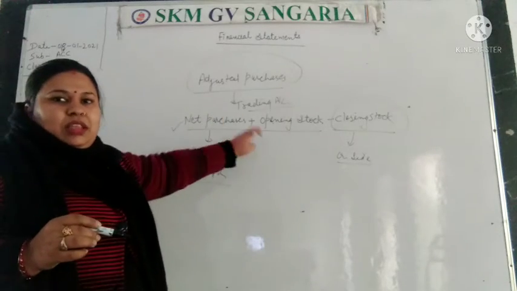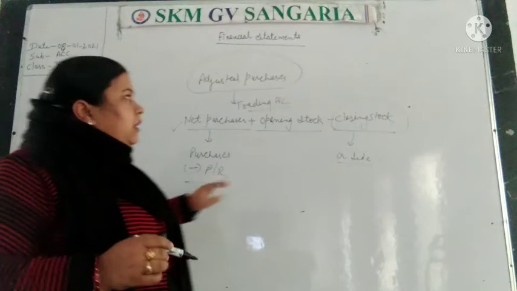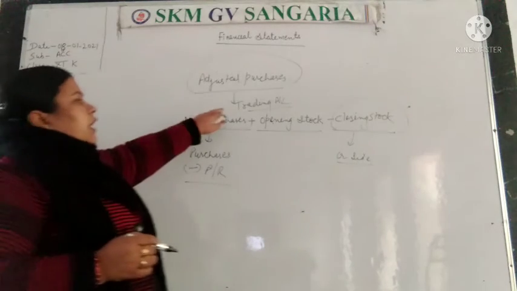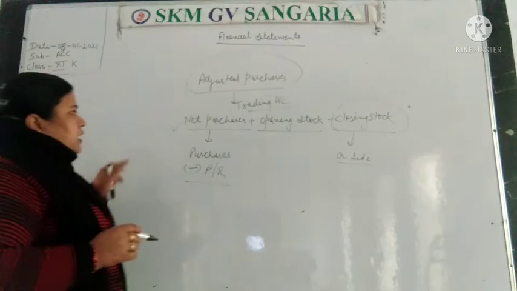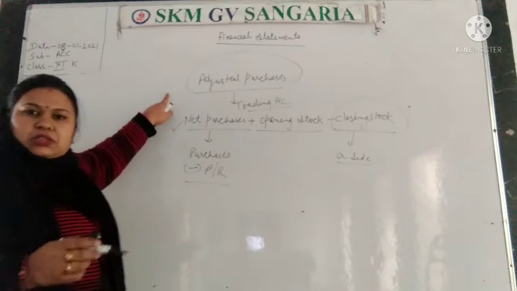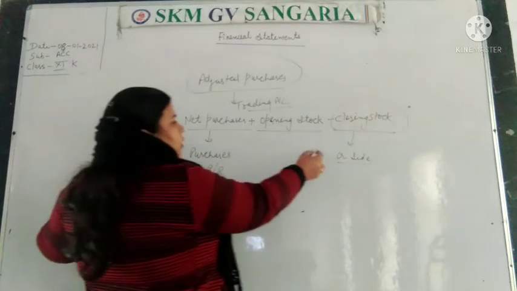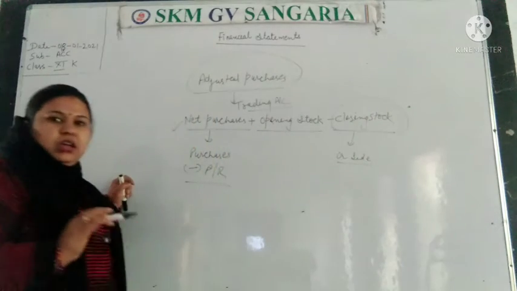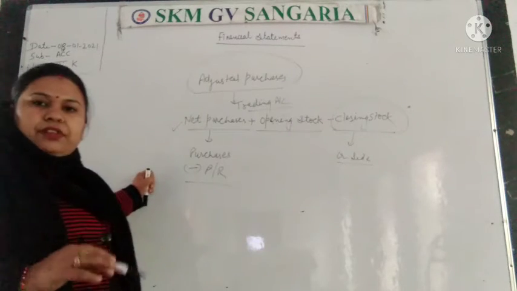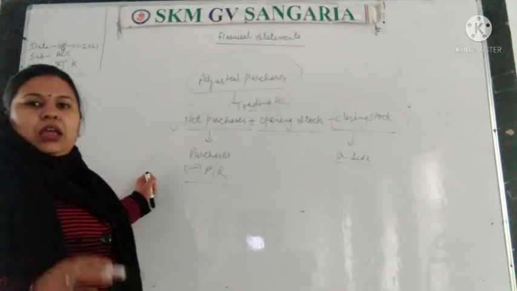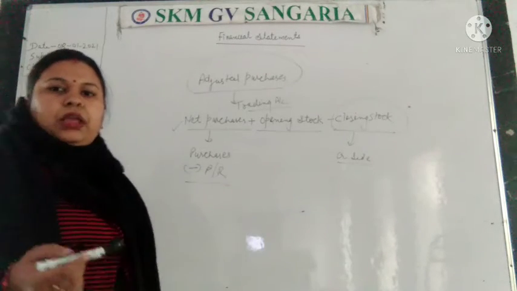So all these three things, purchases, opening stock and closing stock, will not be written while preparing the trading account if there is adjusted purchases. ठीक है, अगर adjusted purchases है तो हम सिर्फ adjusted purchases को ही लिखेंगे ट्रेडिंग अकाउंट में. नेट परचेजेस से गिवन है आपको, ओपनिंग स्टॉक गिवन है, चाहे क्लोजिंग स्टॉक गिवन है. We will not write these items, okay, because if we write them there will be doubling of the items and we can say that the result will not be the true result.